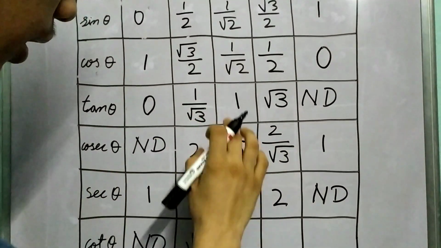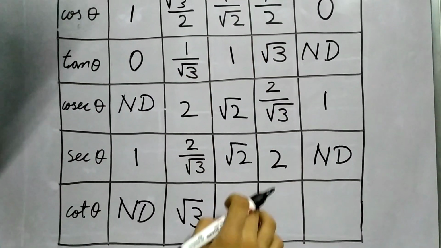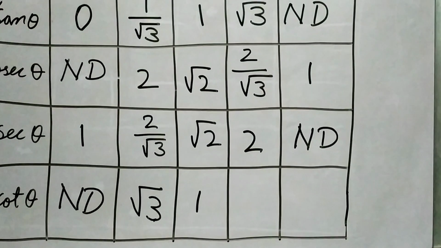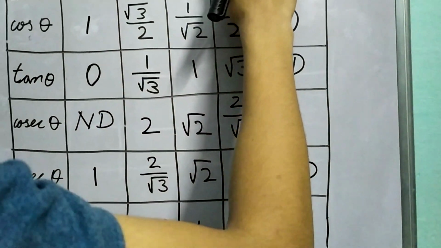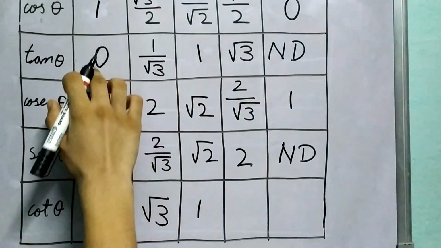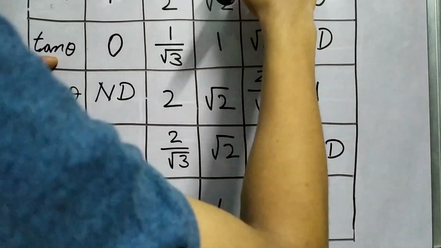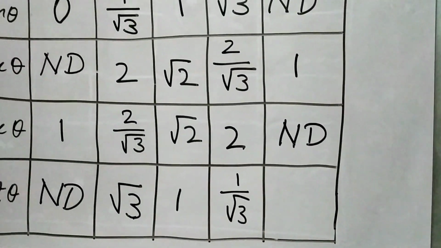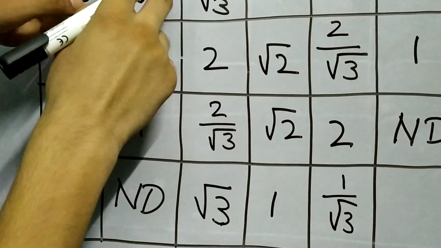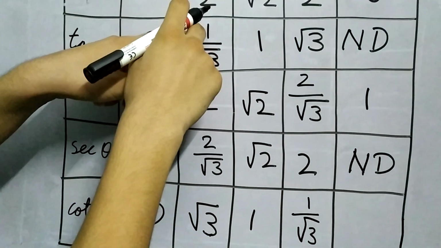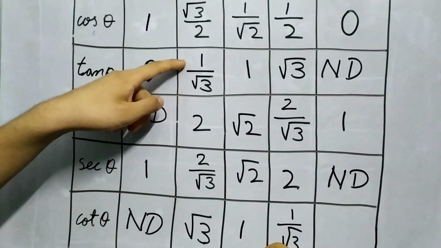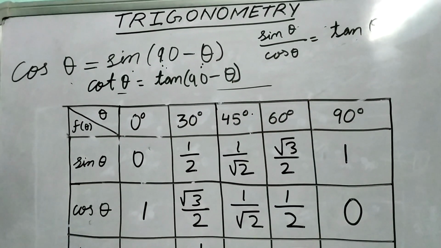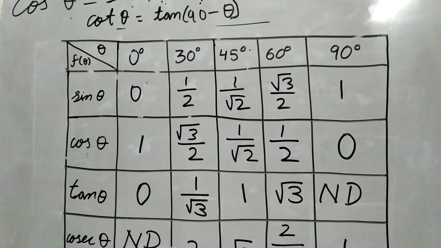Let's just continue. So we get cot of 45 degrees reciprocal of tan 45 degrees, 1, and cot of 60 degrees. Okay, cot of 60 degrees as reciprocal of tan of 60 degrees. So again, reciprocal of root 3, which is 1 by root 3. Okay, now notice till now we are getting the exact same thing, right? Tan 30 degree is cot 60 degree, right? And cot 30 degree is tan 90 minus 30, 60 degree. Till now everything is consistent.